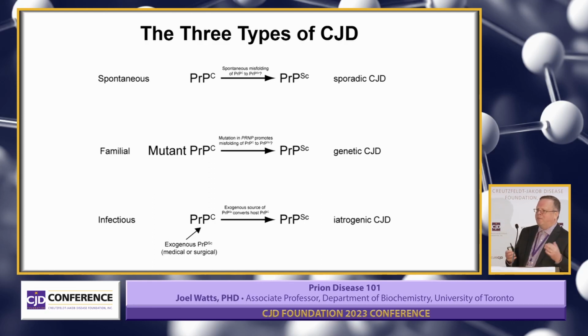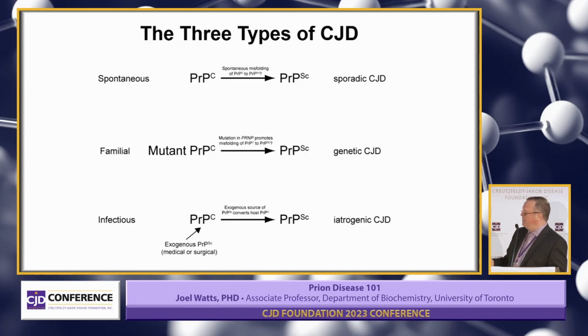So there are these three types of prion disease, and I'm not going to spend a lot of time on this, but how they are thought to occur. The sporadic is that you have a rare spontaneous misfolding event in the brain where PrPC gets converted into PrPSc. And in all likelihood, you probably have to have several of these events occurring at the same time and in the same place in the brain for you to form that seed of PrPSc that can then multiply. And this is why prion diseases are so rare, because this event is thought to be vanishingly rare.